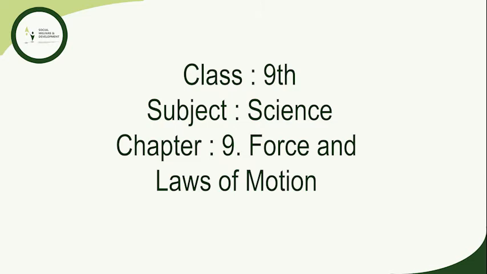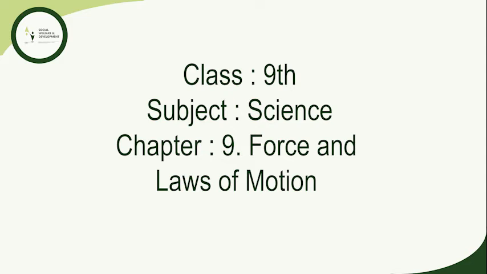So now we will see the mathematical formulation of the second law of motion. Let an object of mass m be moving along a straight line with initial velocity u. It is uniformly accelerated to velocity v in time t by application of constant force F throughout time t. Thus, initial and final momentum of the object will be P1 = mu and P2 = mv respectively. So, the change of momentum will be proportional to P2 minus P1, which can also be written as mv minus mu, that is m(v minus u).